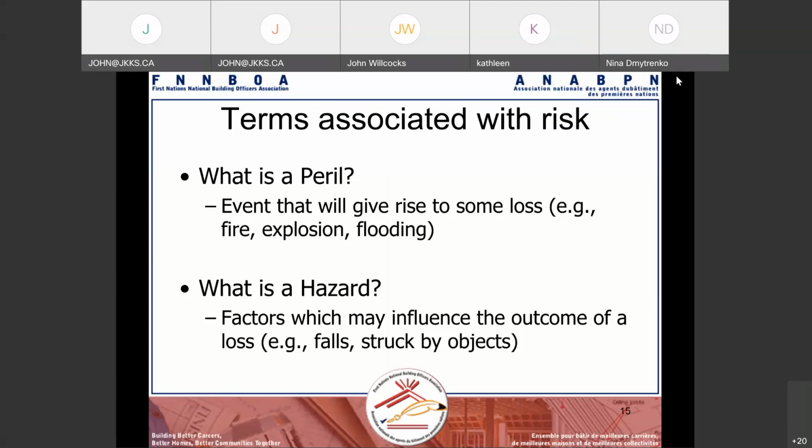Where risk insurance came from originally, it actually came from a fellow who ran a coffee shop called Edward Lloyd. He ran a coffee shop, and he also specialized in information about shipping. Back in 1730, Edward Lloyd started to provide some form of insurance for shipping. The word risk is actually an Italian word, which means cause to damage.